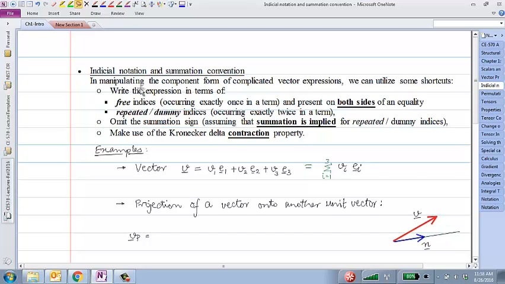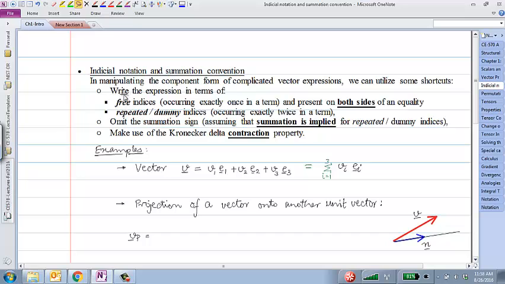So the idea would be that in order to work with the component forms of vectors and later on tensors as well, we are going to use these indices i, j, k, and so on. And we are going to write shorthand notations in this. The few properties of this notation that we must remember and must adhere to